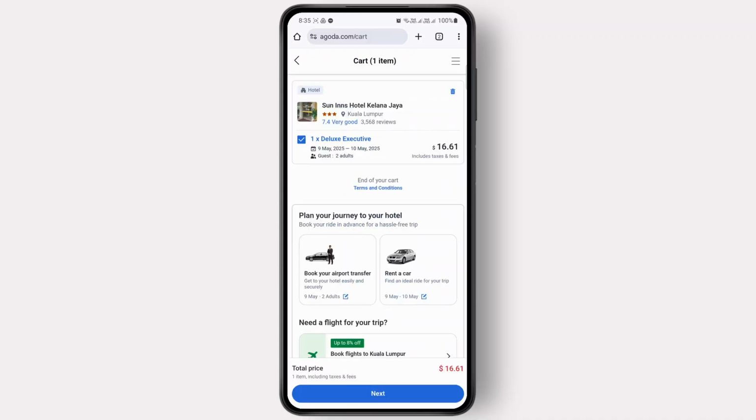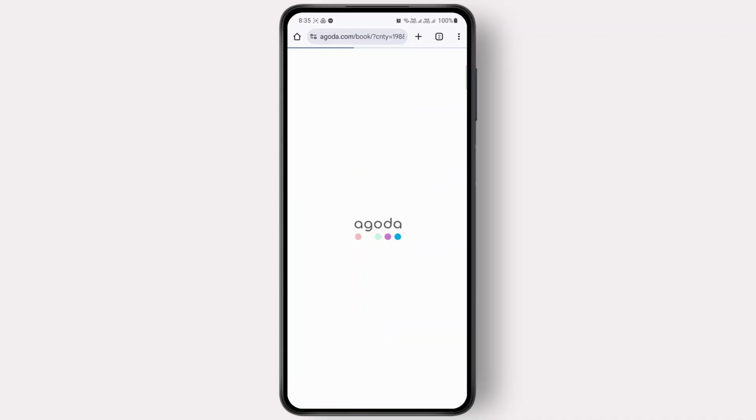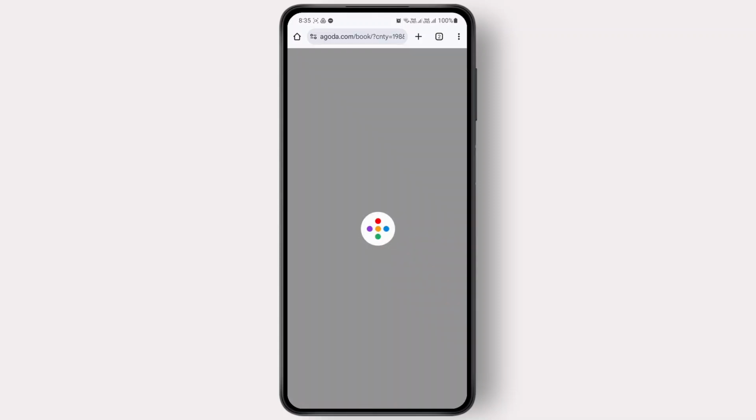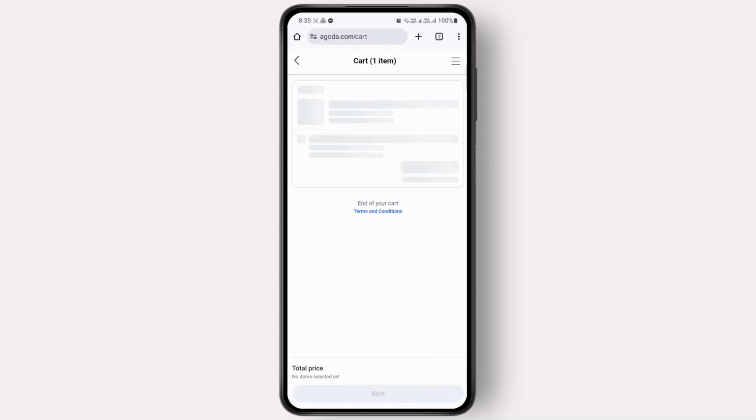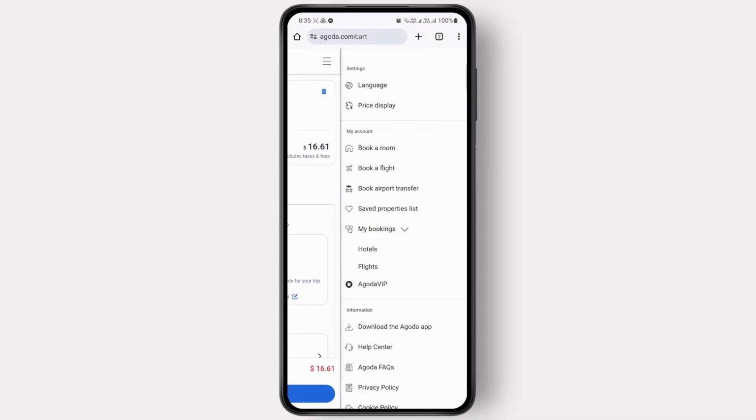And then if you want to check out, tap on next. And here you're going to have to enter your card details. So if you haven't already added your card, then you can enter a new card here. So what happens is if you want to change the payment method for your current booking,